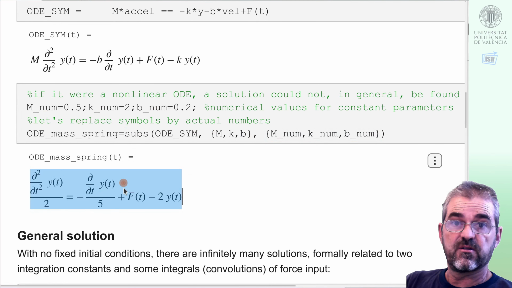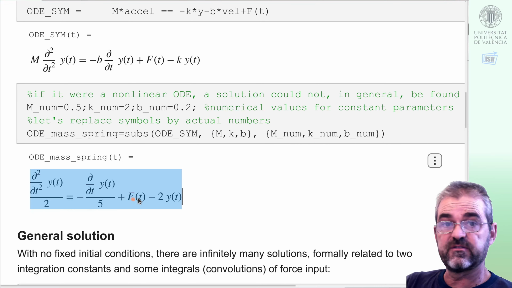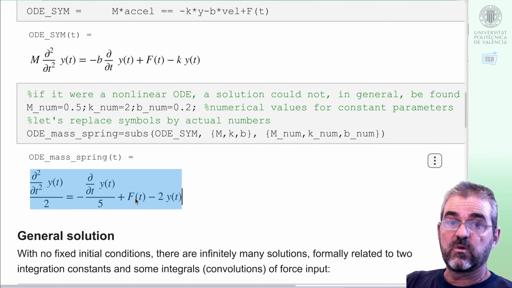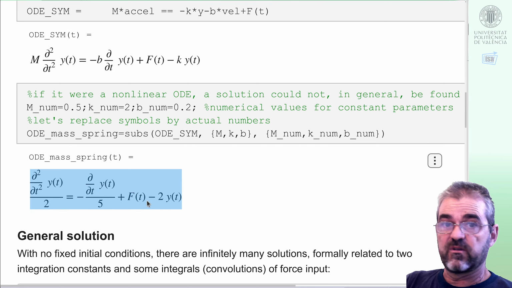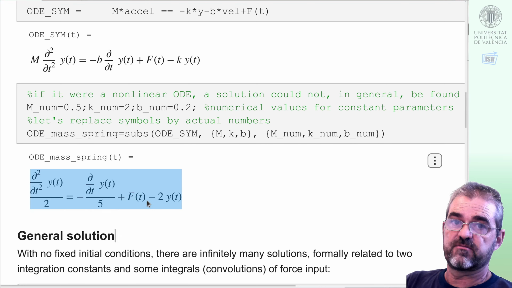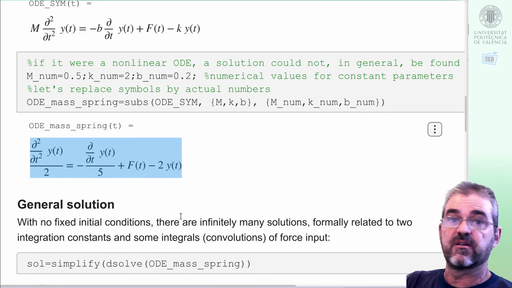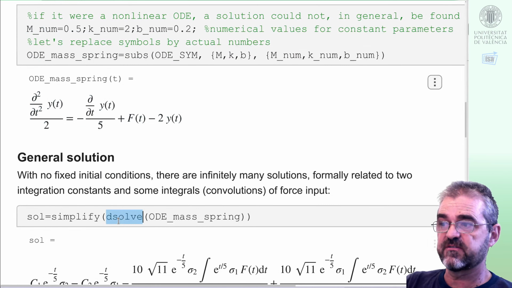So this is the ordinary differential equation to solve, but okay, we still need some issues with initial conditions and force input, because otherwise, with no further substitutions, if I tell the dsolve command to solve this differential equation,